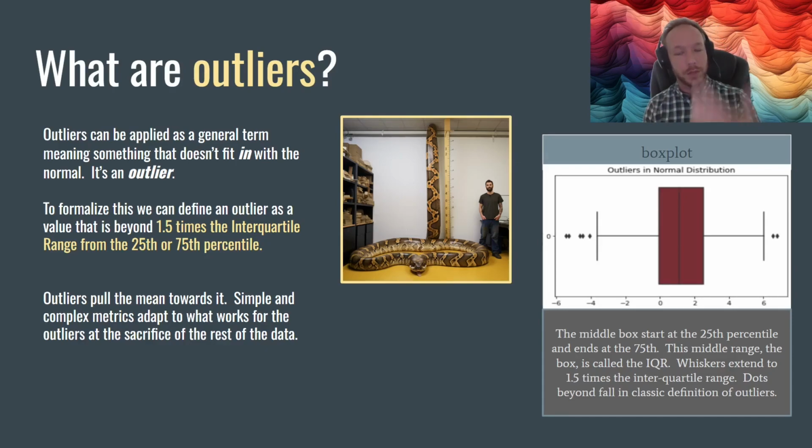meant to focus specifically on outliers. What a box plot is, the middle box right here, we call it the mid-range of the data. It goes from the 25th to the 75th percentile. And then 1.5 times that would be where the whisker ends. So 1.5 times this interquartile distance, this mid-range right here, is where the whisker will go out to. And anything beyond that is considered an outlier in the classical definition of outliers, which is a really good reason